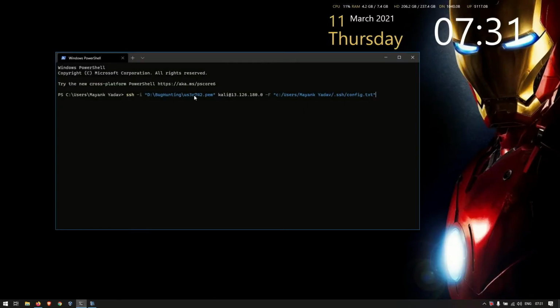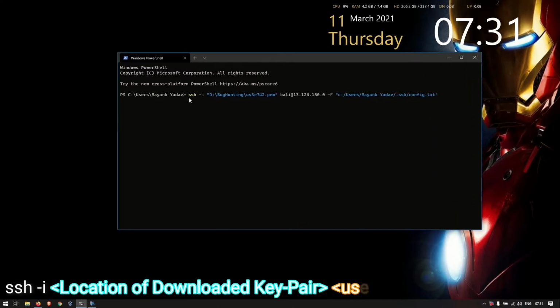Now you open your PowerShell, and in PowerShell type ssh -i. Dash i means you are providing the identification file. Here is the name with which you are going to log in. Instead of Kali, I'll keep the name ubuntu, and at the rate of your IP address.